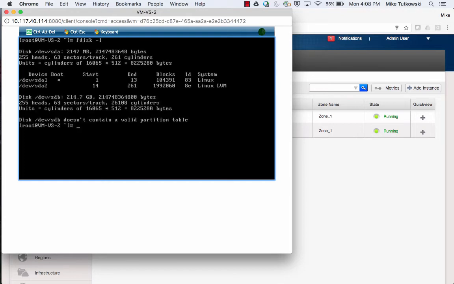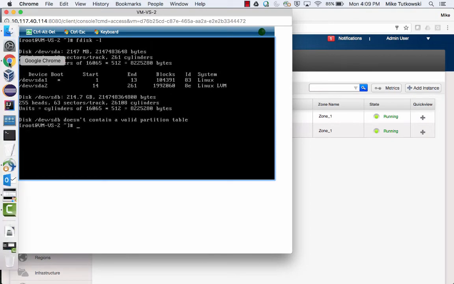So what we can see here is we have two devices. The top one, /dev/sda, is our root disk at 2 GB. And the bottom one, /dev/sdb, is our data disk that was based on our disk offering, which was set up at 200 GB. Now if we switch over to the SolidFire GUI,